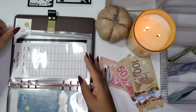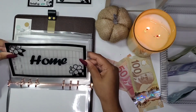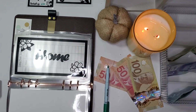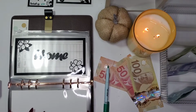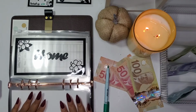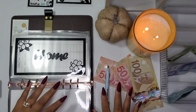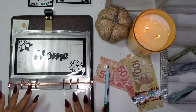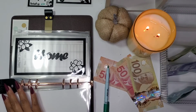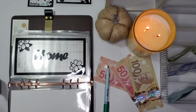Okay, so the next thing will be now for home, and this is another category that I have just made for everything. So home will encompass anything that we need to purchase for the home, and that means purchasing furniture, artwork, anything we want to purchase for home, any renovations we want to do for the home will all come out of one pot. So before I had both of these split up, so I'm actually going to condense it. So in home reno, there is